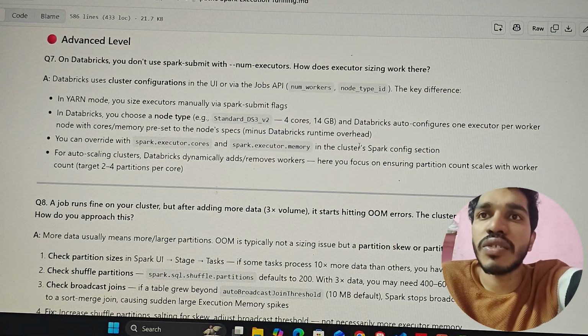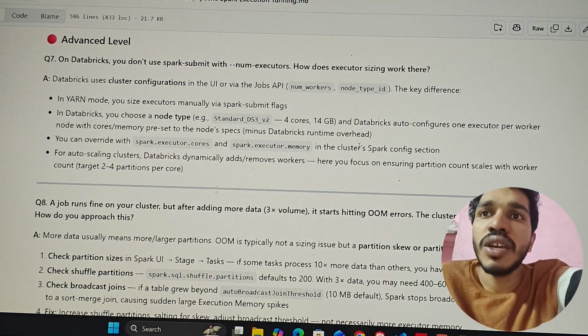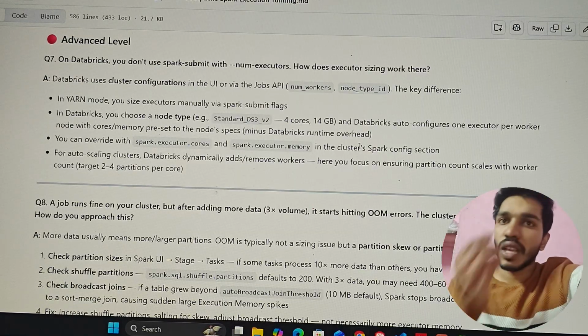Databricks uses cluster configuration in the UI or via the job API, that is, number of workers and node type ID. The key difference from YARN: in YARN mode, you size the executor manually via Spark Submit flags. In Databricks, you choose the node type, for example Standard DS3 v2,